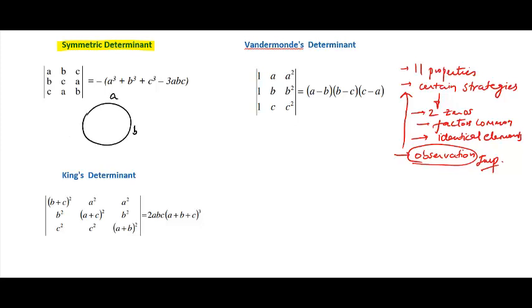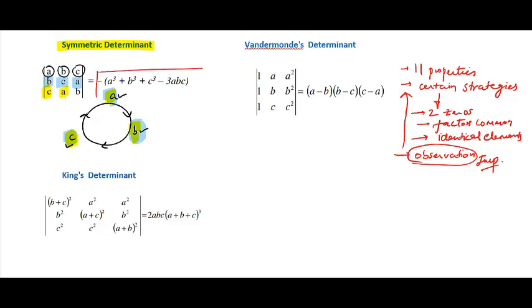तो this is A B C, and if we move in this direction the first row contains A, then B, and then C, and then the second row contains, initially we started with A, so now we start with B. So we start with B, then C, then A, and the third row is, we now start with C, then A, then B. So this is called a symmetric determinant,